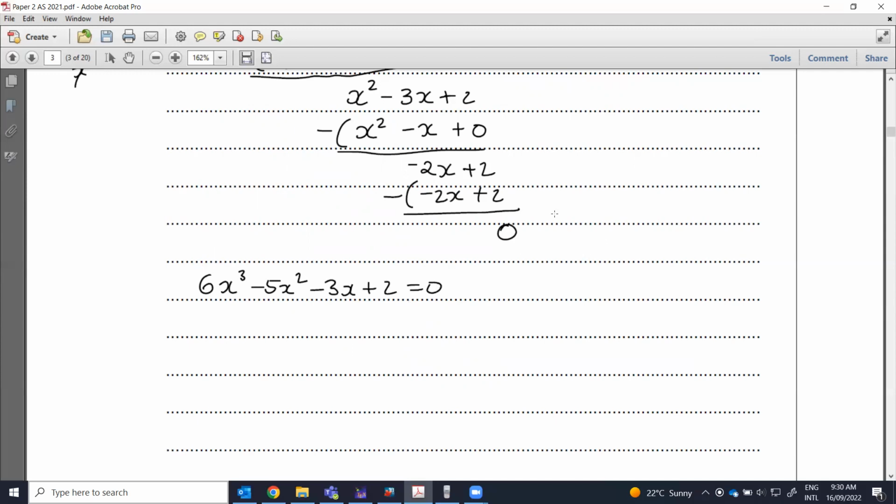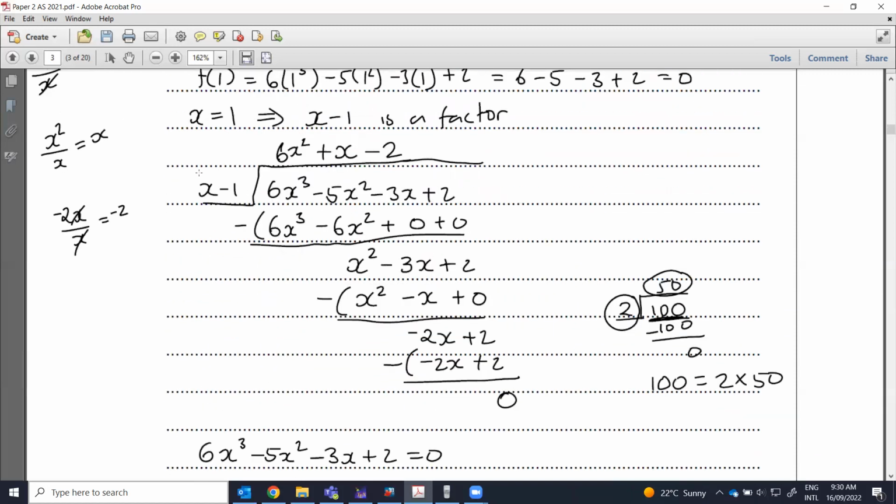Now, when I do long division, if I were to do it, let's say 2 and then 100 here, 100 divided by 2, then I get 50, something like that, 0. I know that I can always write 100 is 2 times 50. So I take this term here and that term they multiply, that must give me this value over here. So the same thing applies over here. If I multiply this number, this term here with this term here, it must give me that one there. So